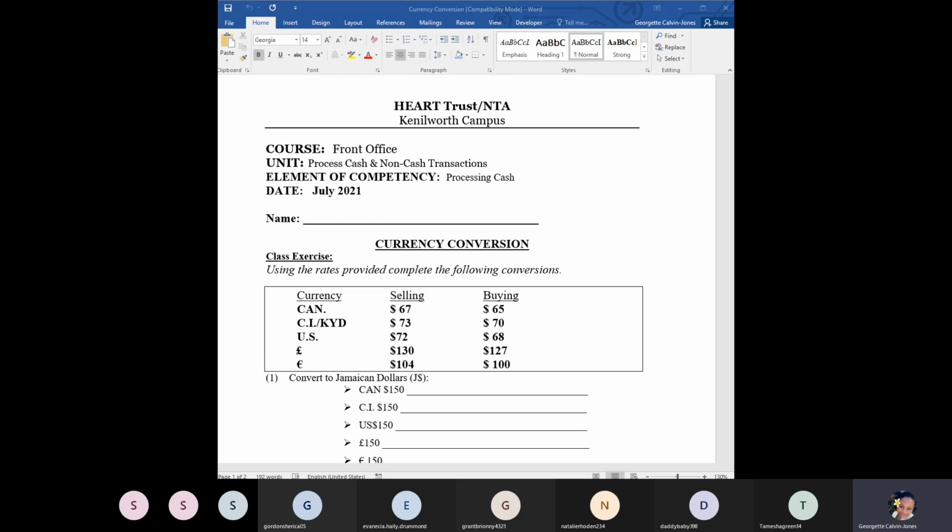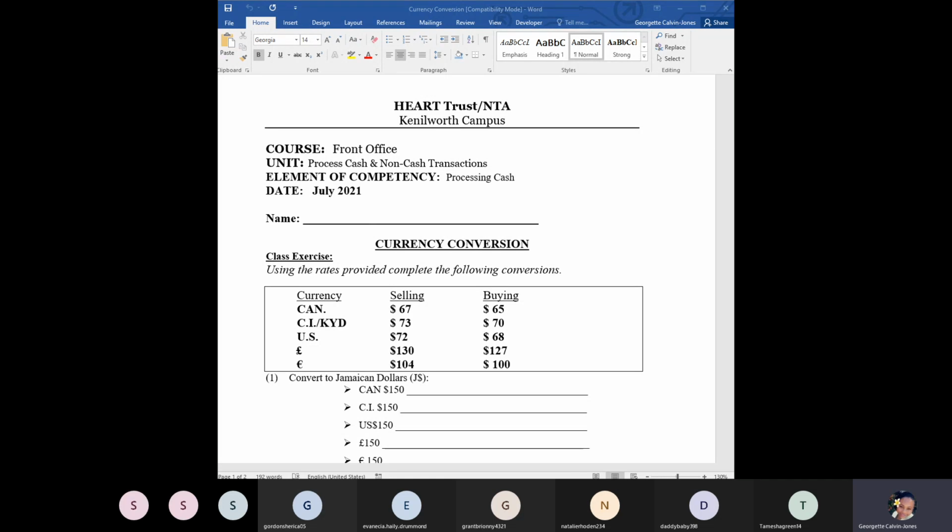So whenever you are giving the Jamaican money, that means you're converting to Jamaican currency, then it's going to be the selling rate. So basically, you sell your money because you give your money. And then when you're giving the US money, you're basically buying back the